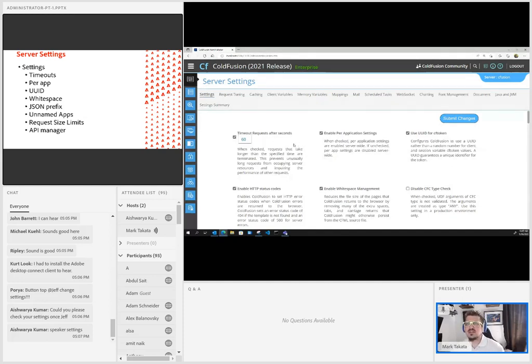So the first thing that you'll see here is this lets you do timeout requests. So this is any request that's actually coming into your server. You can set a global timeout. Now, as you all know, timeouts are like a volcano type situation. If you set a timeout here and don't set a timeout anywhere else, great. This is the timeout that you'll use. If you set a timeout inside of your application.cfc or something deeper down into your app, it's going to use the value that's the closest to the event that's happening. So keep that in mind, that in some cases,